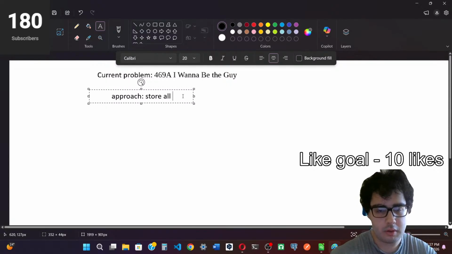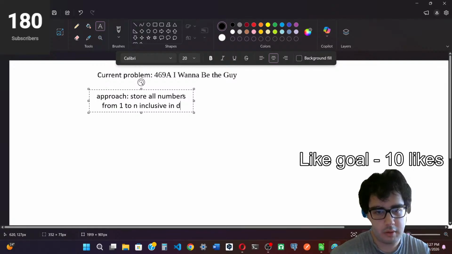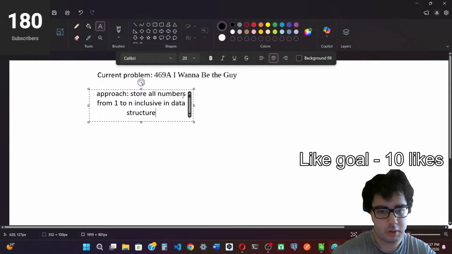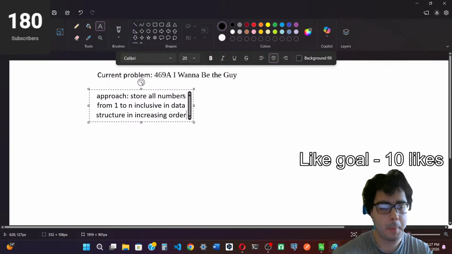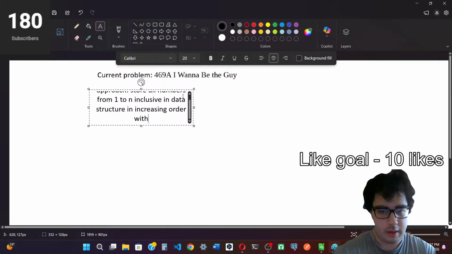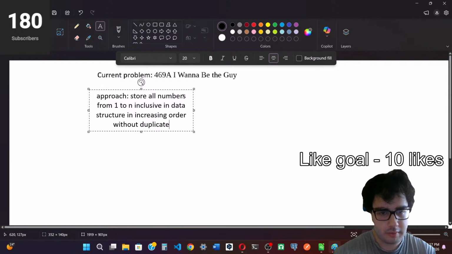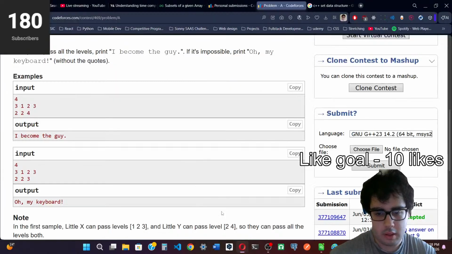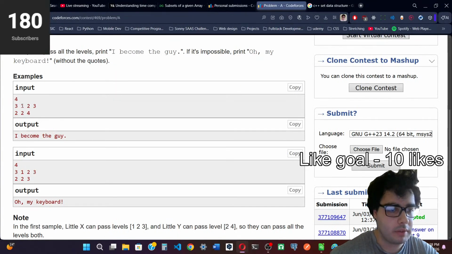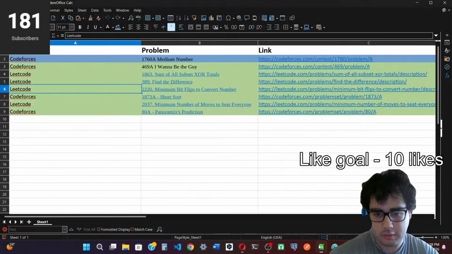So basically, the approach is to store all numbers from 1 to n inclusive in a data structure in increasing order, without duplicates. All right, guys, that is the approach. And let's say right here we have n is, in this case, n is equal to